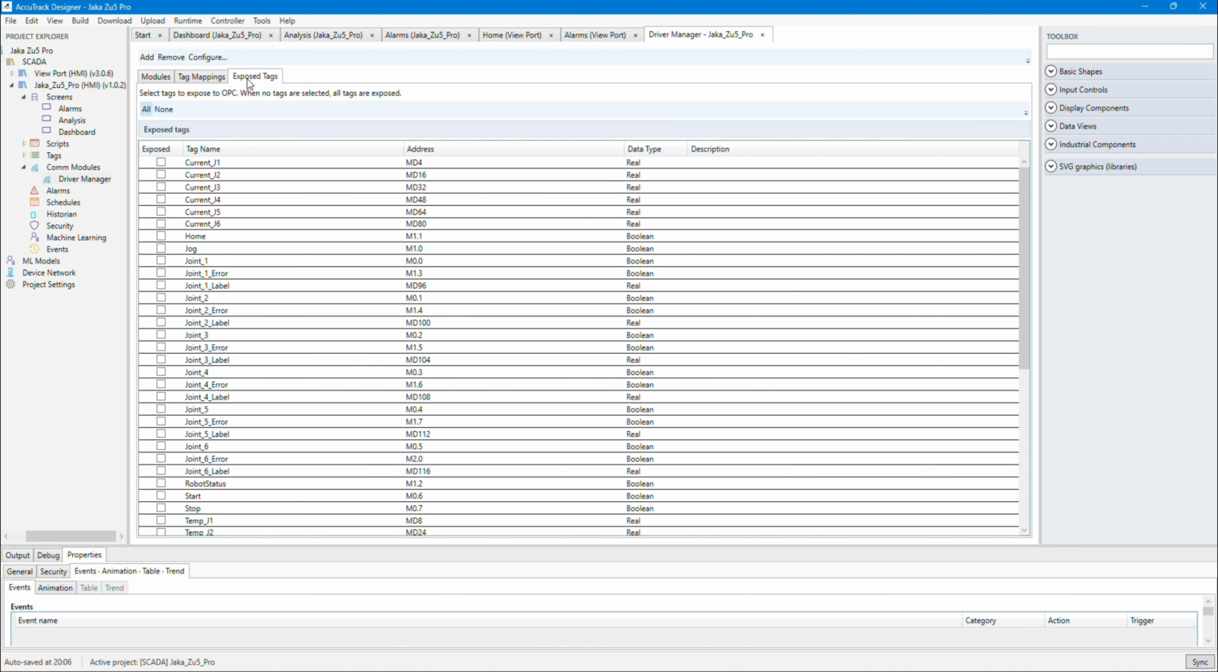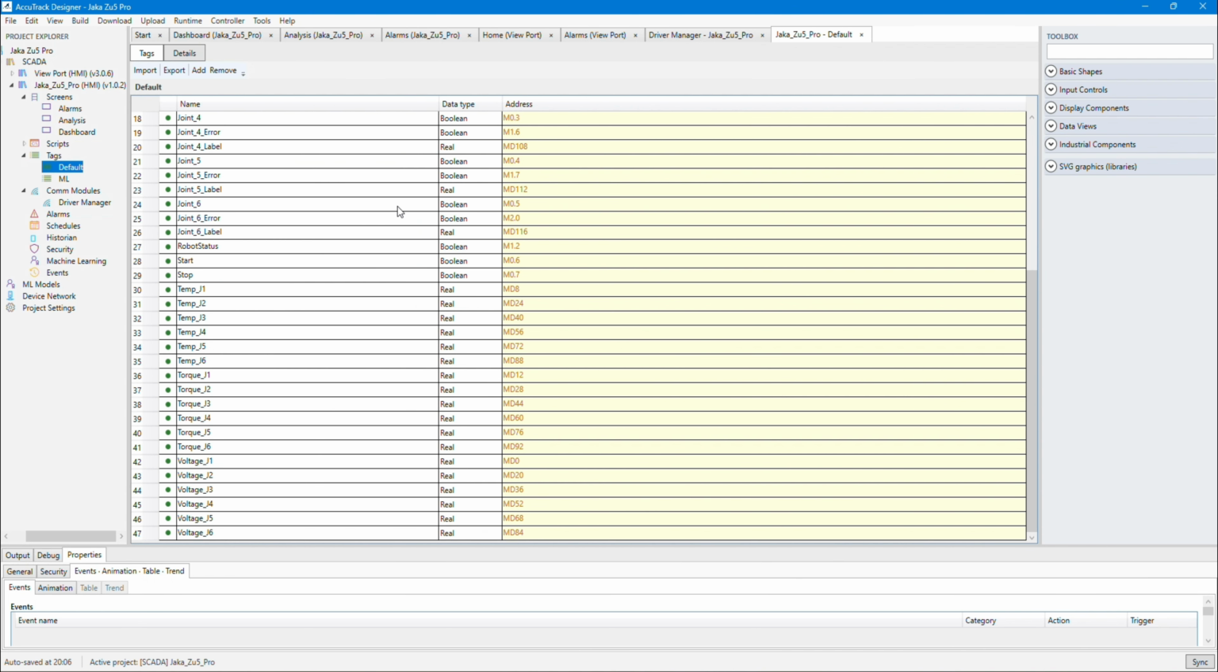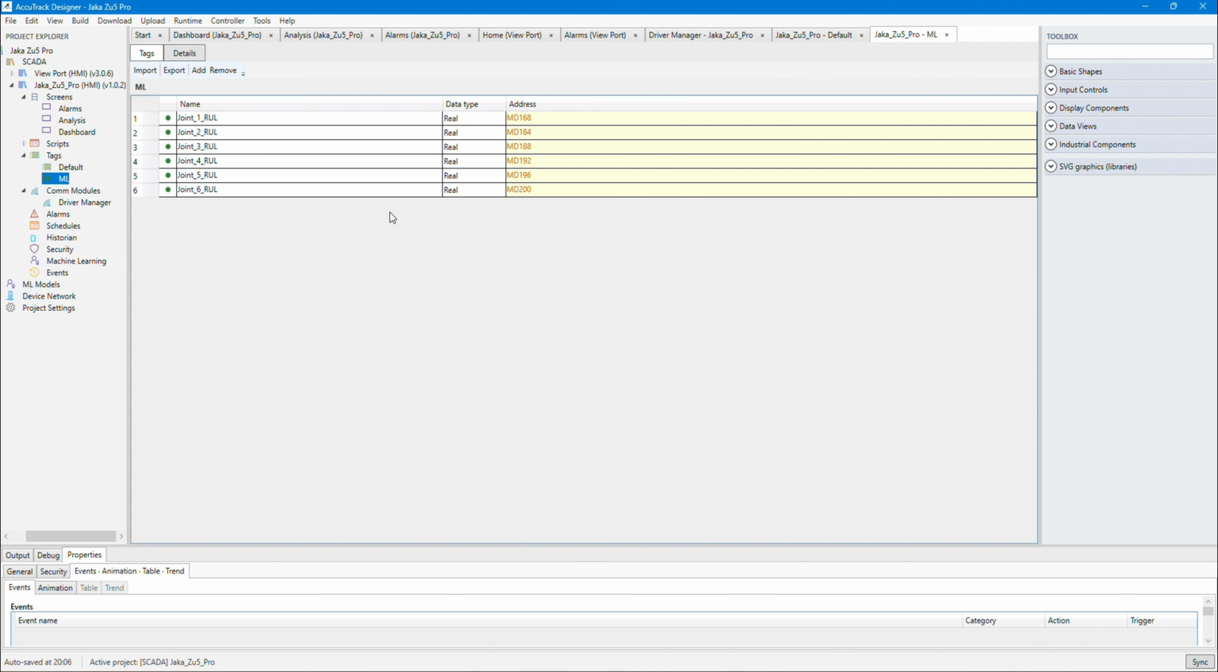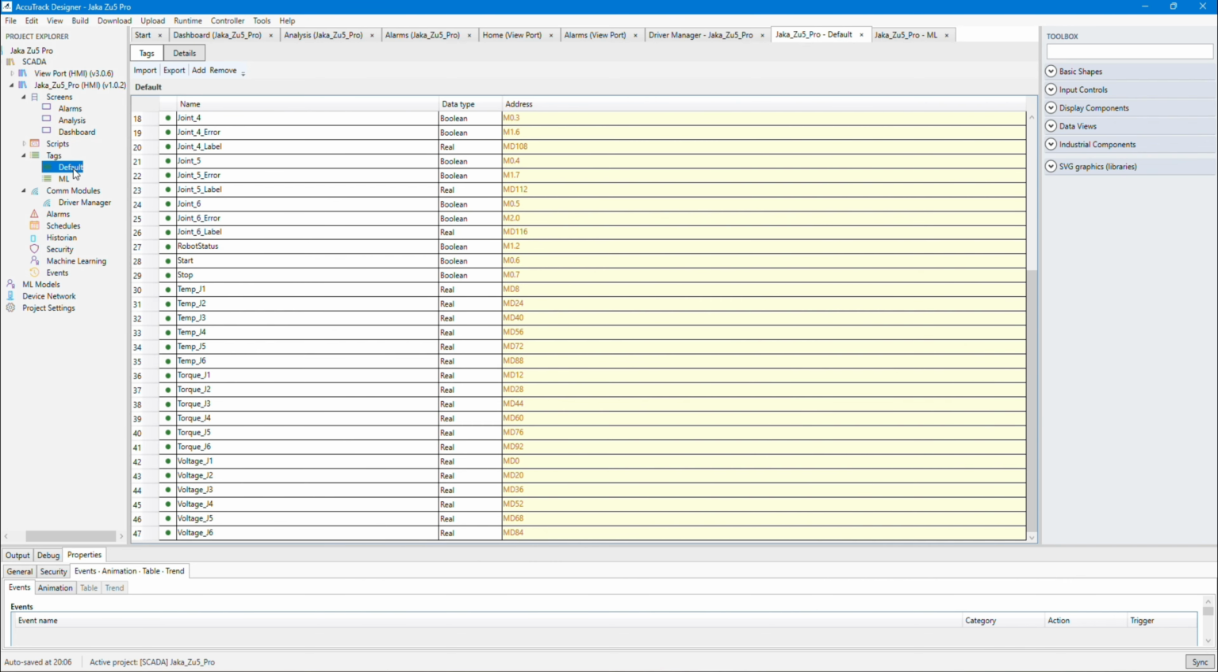Now, here we have the tags that we have in our database, in our tags. So we have the default tags, we have these, and we have the machine learning tags. So now we will not expose the machine learning tag because we really don't want to feed the data outside as of now. This is housed internally. What we want to expose are these tags. Now, these tags will be the data, the sensor data that we collect from the Jaka robot. So which tags do we want to